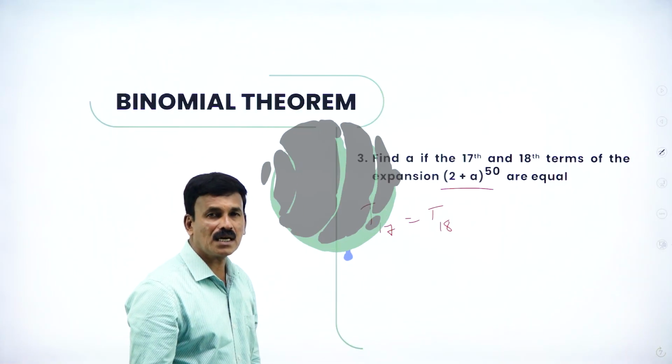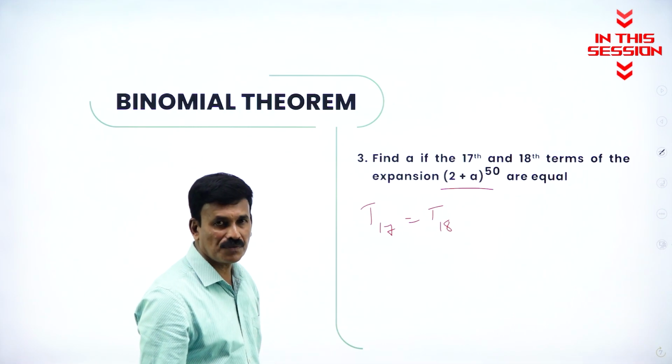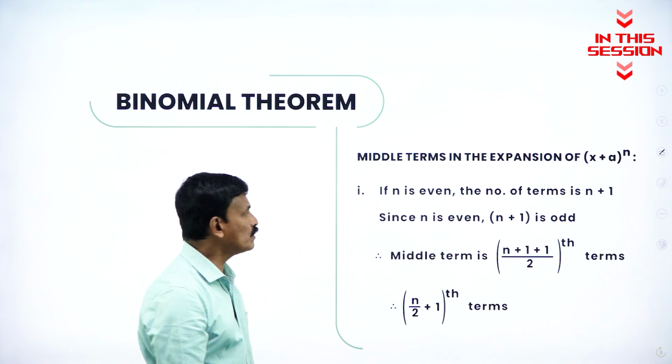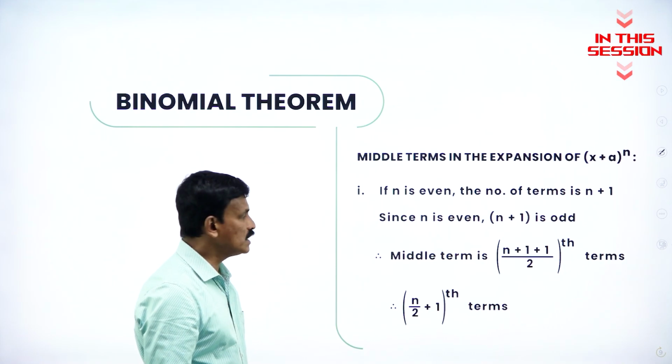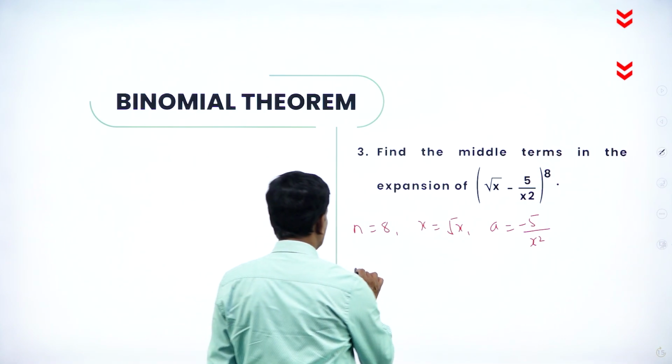If the 17th and 18th terms in the expansion of (2 + a)^50 are equal, then find the value of a. The value of the middle term depends on n, whether n is an even or an odd number. Here n is an even number, so therefore the middle term